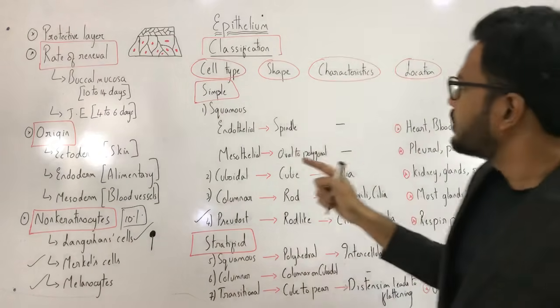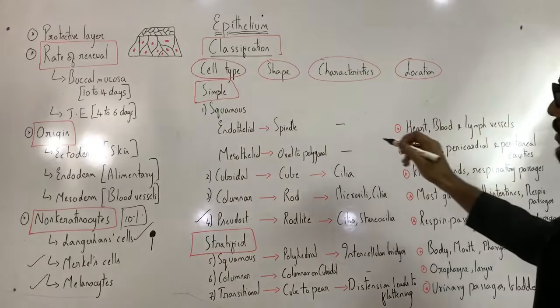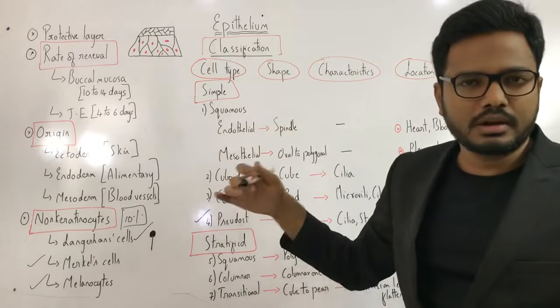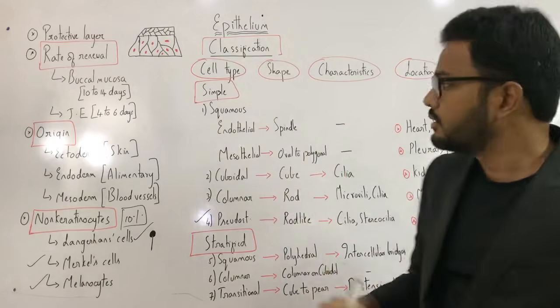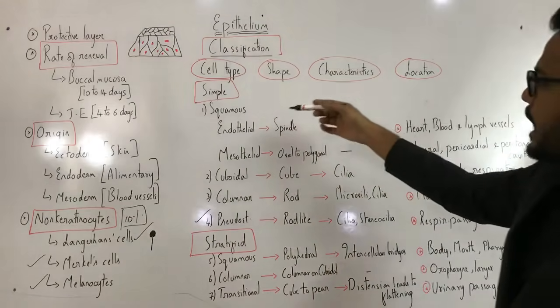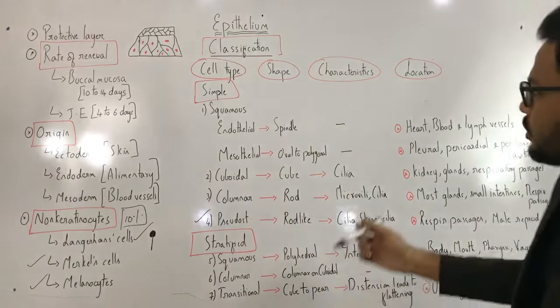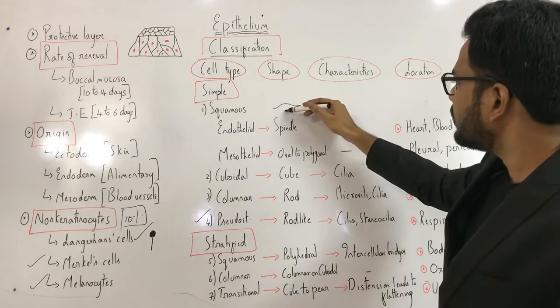Yes. Now, coming to various classifications in brief, I mentioned here an entire classification. So we have in simple, squamous, cuboidal, columnar, and pseudo stratified. So even pseudo stratified comes under simple, right? So as you can see, in squamous we have endothelial layer as well as mesothelial layer. So endothelial layer, the shape of the cells is spindle shaped,